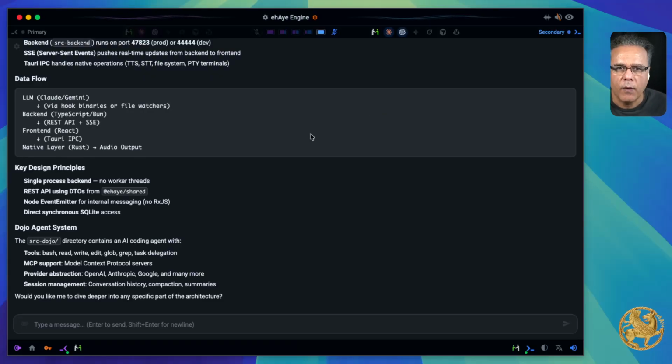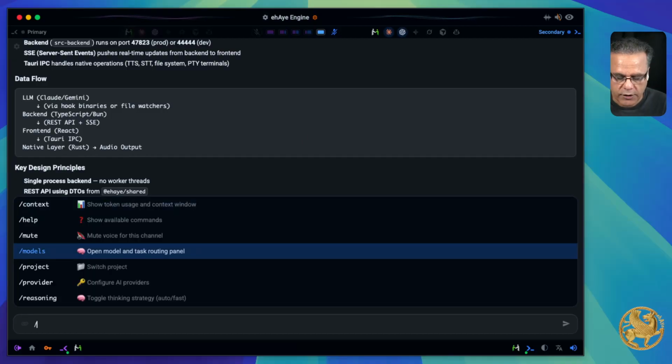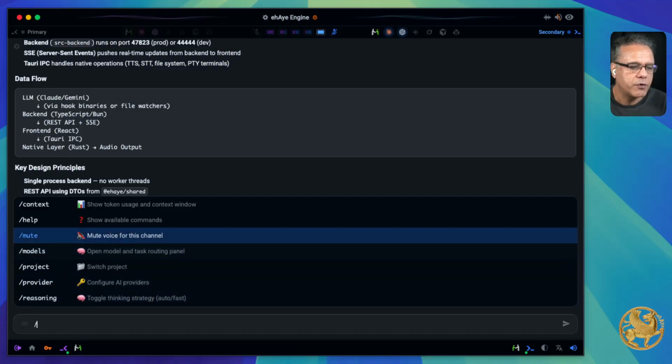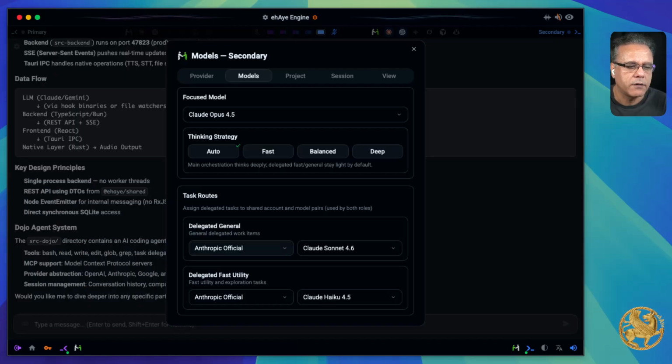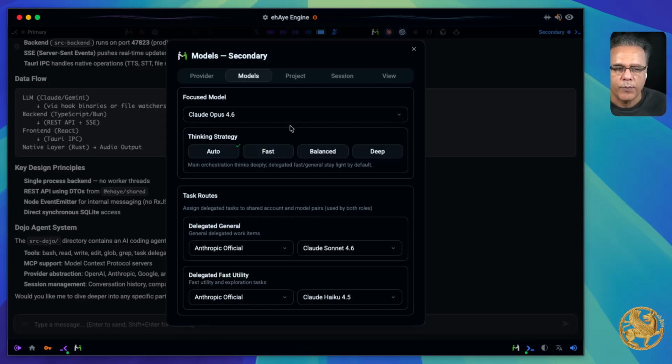While this is a GUI, I want to make sure that the TUI guys, the command line guys, are not being alienated. So if you just put a slash command, even though we're in a browser, you could just go there and choose whatever you want. You could change the models. It just brings you models up here, and you could choose the model you want. You see the main agent, I give it Opus 4.6. For the general delegated task, I give it to Sonnet 4.6. And any fast utility that I need to worry about, I give it to Haiku 4.5.